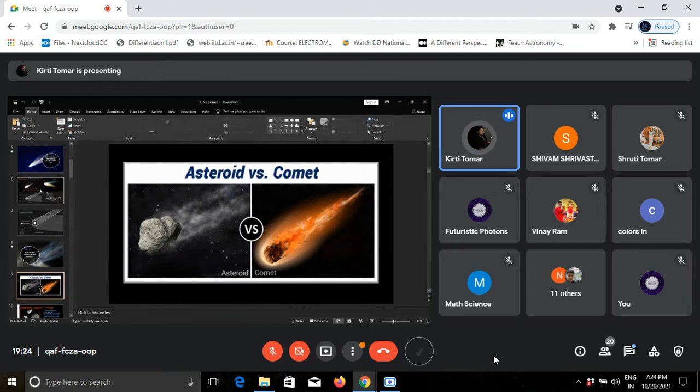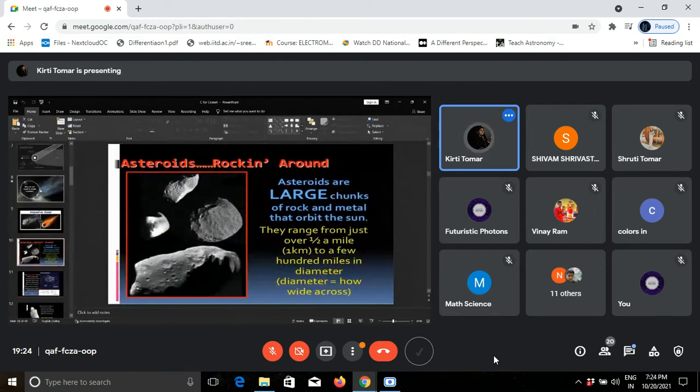Asteroids formed much closer to the sun, where it was too warm for ices and they remained solid. Comets formed farther from the sun, where ices would not melt, and a comet which approaches the sun loses material with each orbit because some of its ice melts and vaporizes to form a tail.